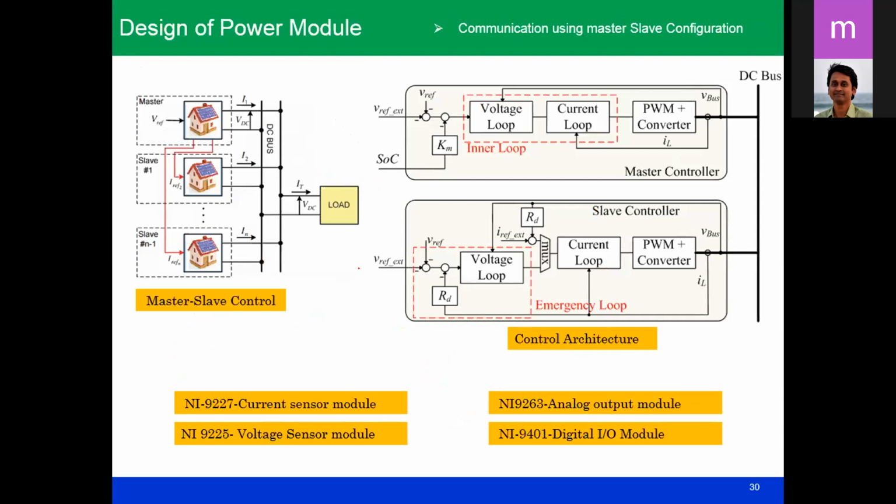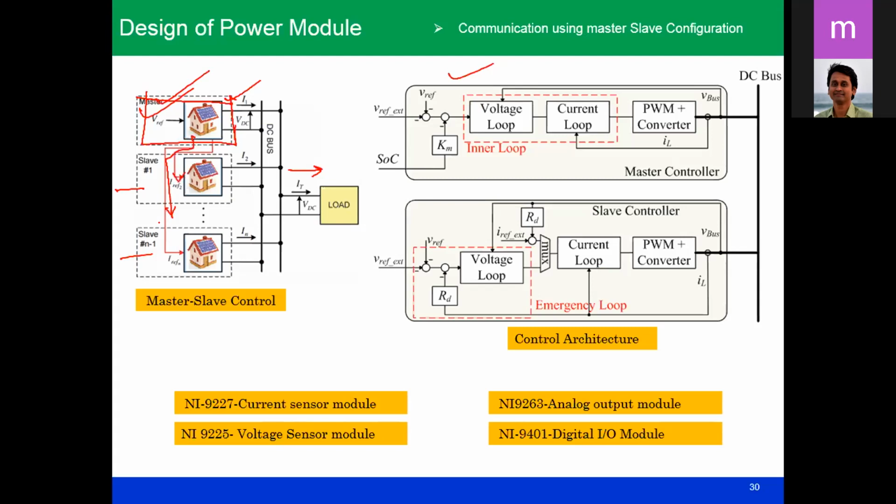Along with this, the power module is being designed, and the first string you have successfully designed. So let us say this is your first module. There is a master module, and a number of modules should be connected in parallel to supply this load. Hence, the control of the individual modules is also important. Here, master-slave control is very useful. You can consider one to be the master, and the other ones are slaves.